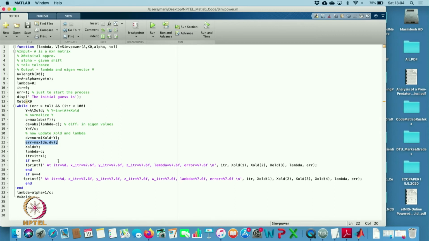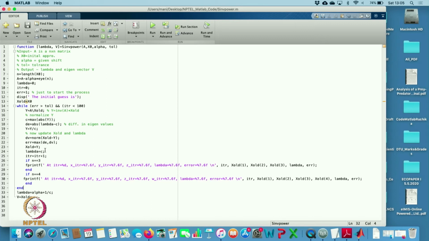So, after the while loop is over, I will apply the lambda, and you know that lambda is equal to alpha plus 1 by c. We have already seen from the previous lecture that my lambda is equal to 1 over c plus alpha, because c goes to lambda here.